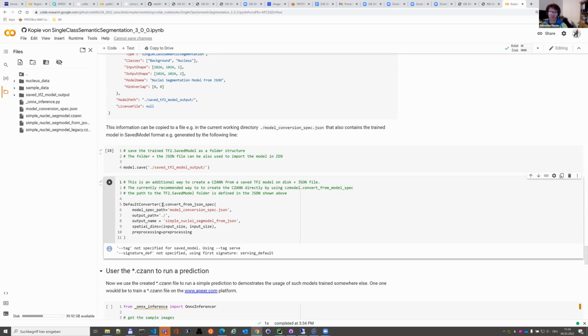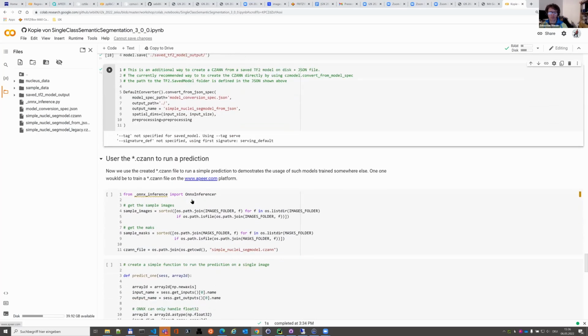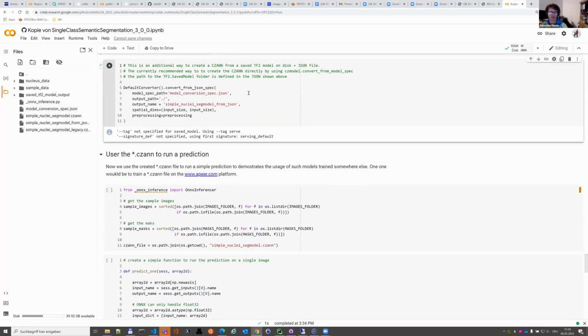But as I said, it's not a proprietary model format. It's just the way we package it with the metadata used in all of our software platforms. And that's the way it currently is. So I think it would be possible, but I don't think it works out of the box. But to demonstrate that this is useful, maybe also outside the context of ZEN,